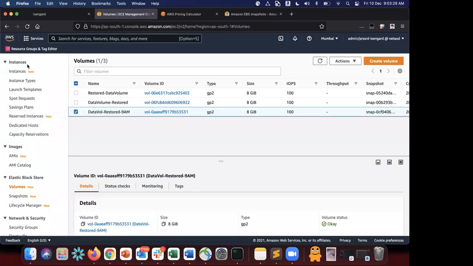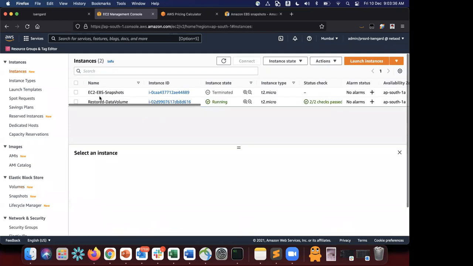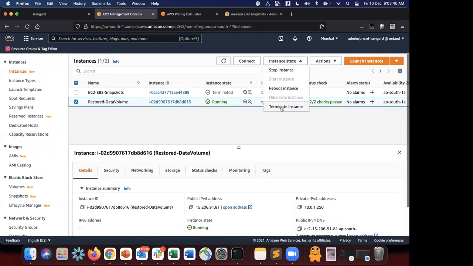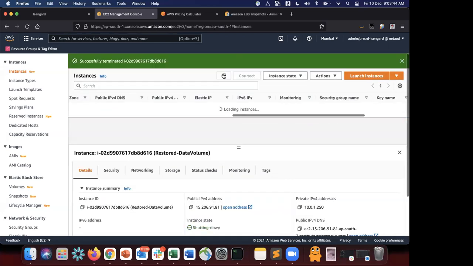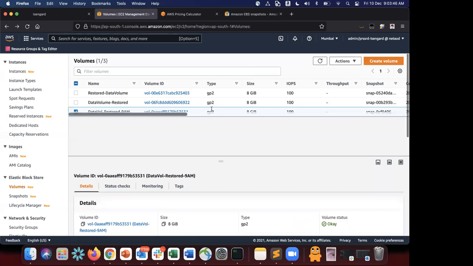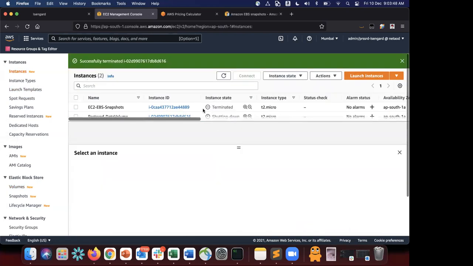So now what you can do is you can use the snapshot, store the snapshot, and keep using this. Okay, so that's basically the snapshot. And now let me just go back to my EC2 instance and terminate my EC2 instance. Terminate instance. Right, so I'll just go and click on terminate. So it's getting terminated, shutting down. And if I go to volumes,